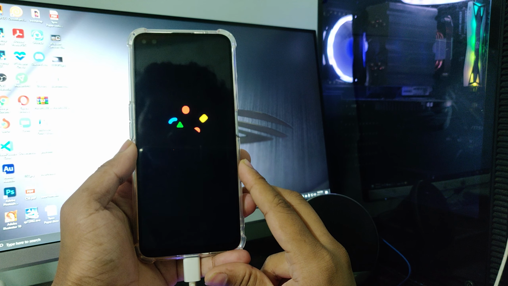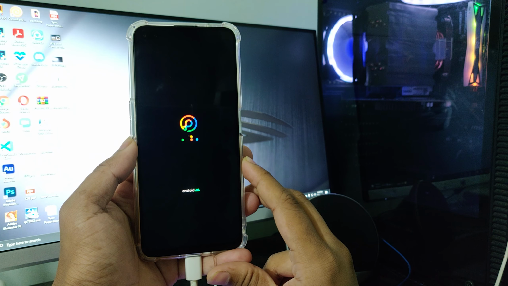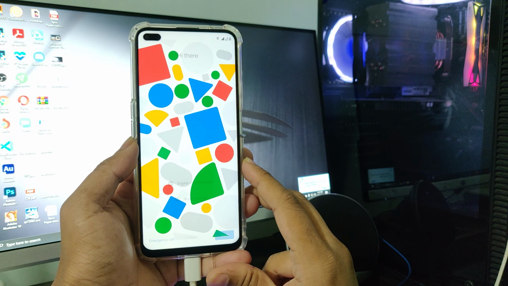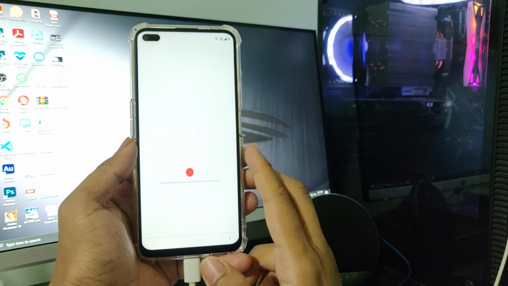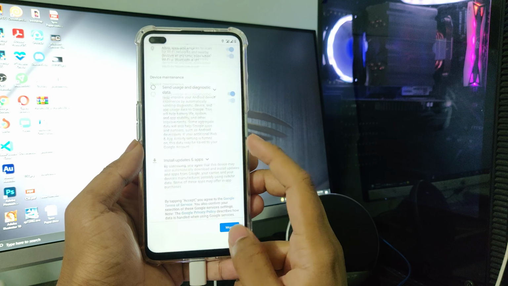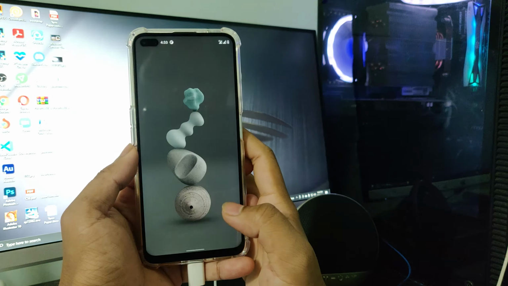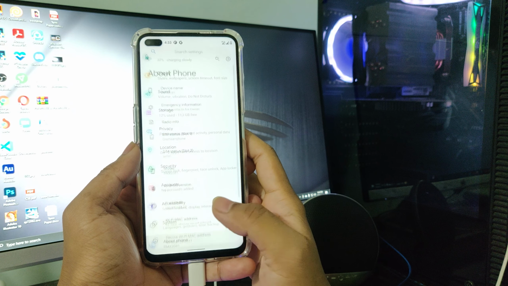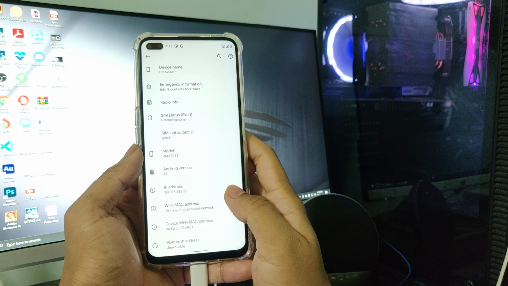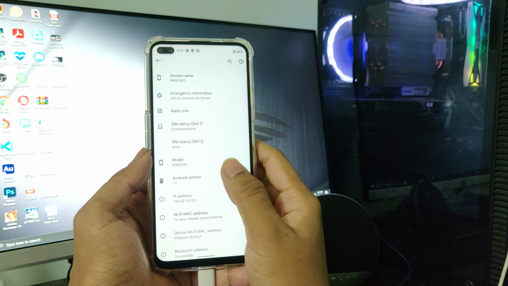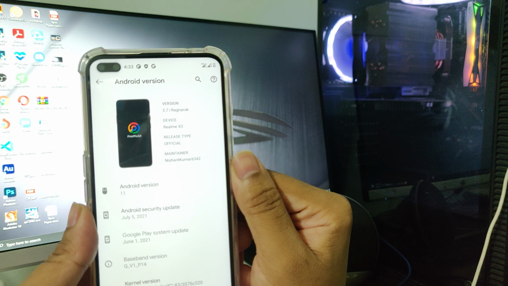You can see the phone is booting into Pixel Plus OS. Here we are on Pixel Plus UI 3.7 version based on Android 11.